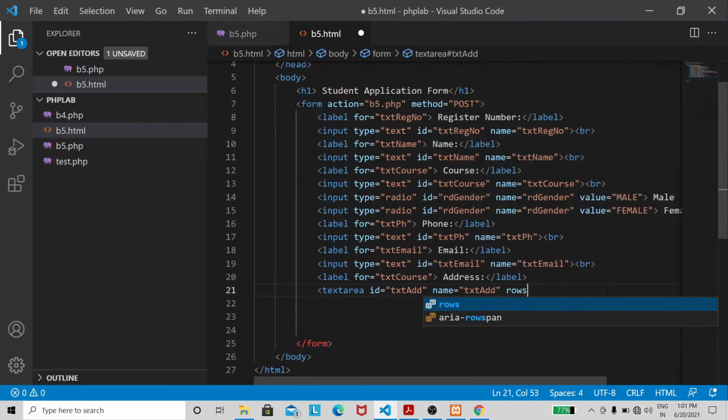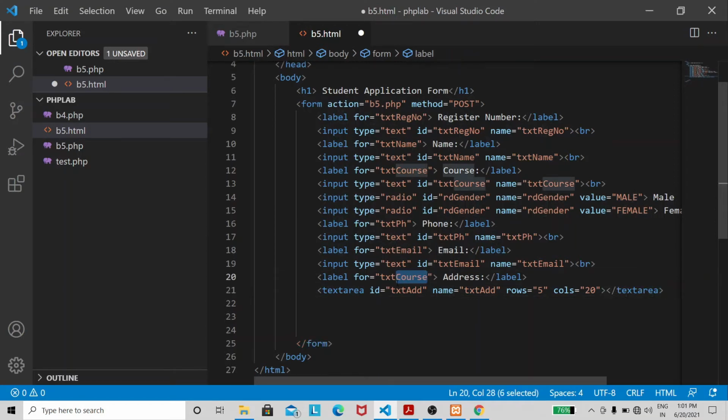Then rows is equal to 5, columns is equal to 20. Okay, text area is ready. Here I need to make a change, txt add.